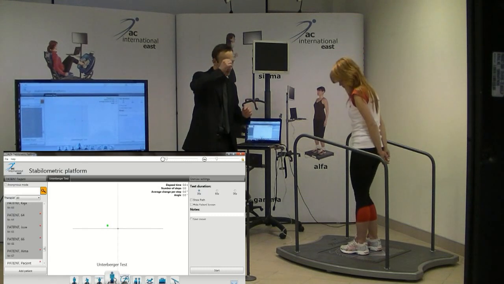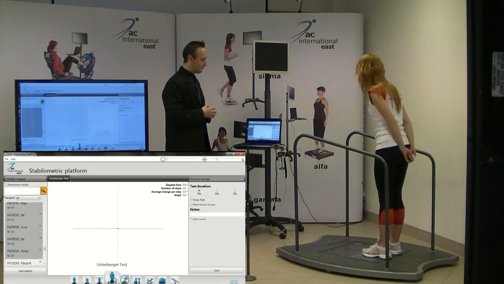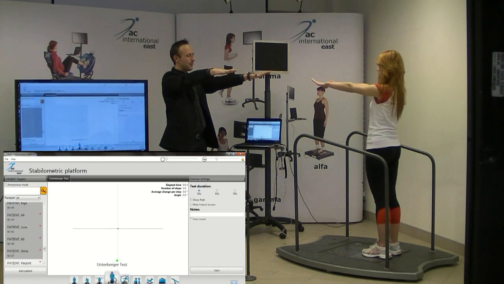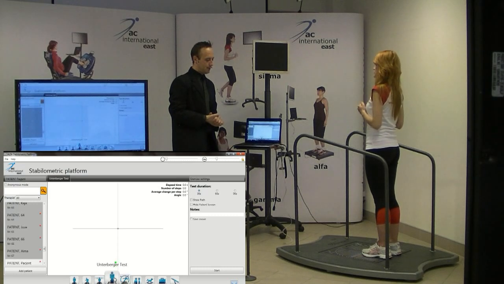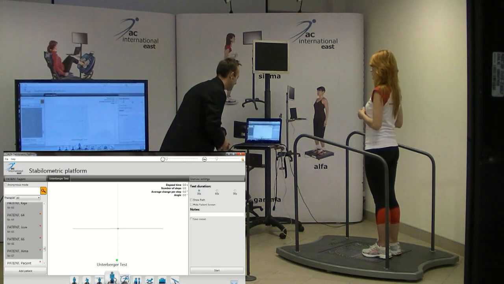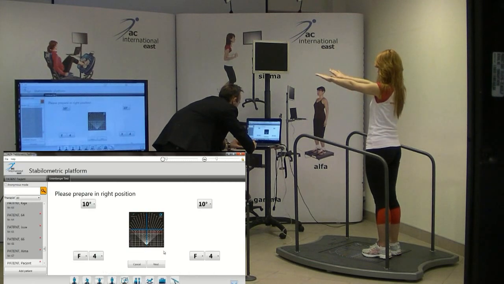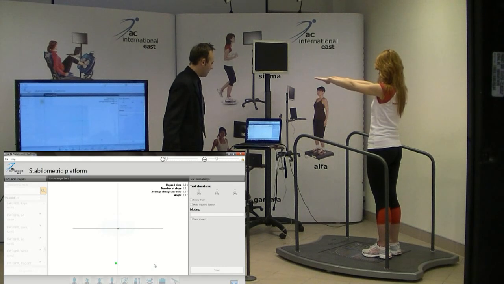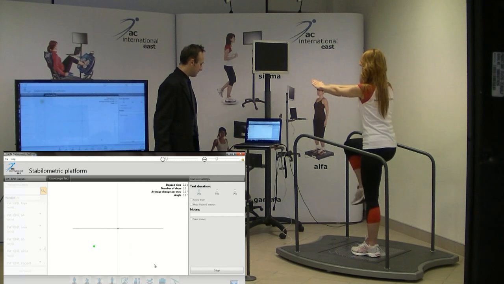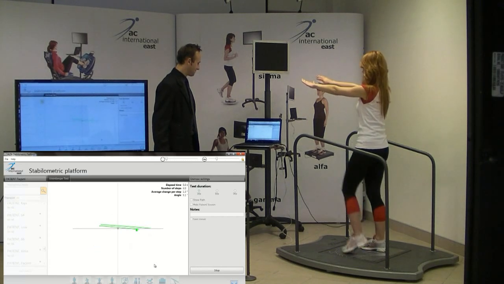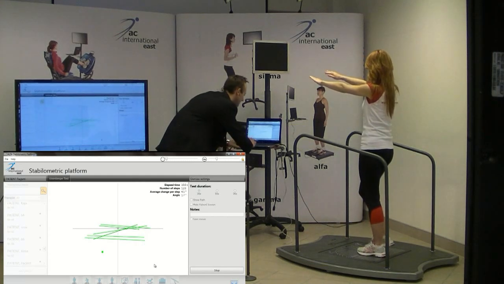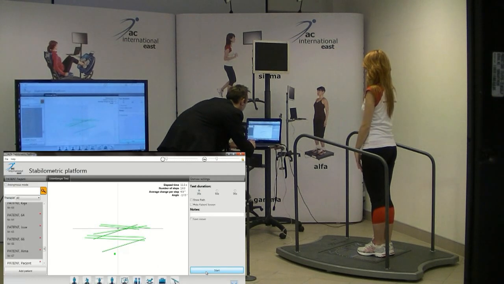Okay, so step backward. Okay, so your aim after pressing start will be you will close your eyes, put the hands like this in the front, and step for a couple of seconds. Okay, good. So close your eyes. Yeah, hands in the front, and we can start. 1 second. Okay. You can step? Yes. Okay, thank you. And here we have the results of the Unterberger